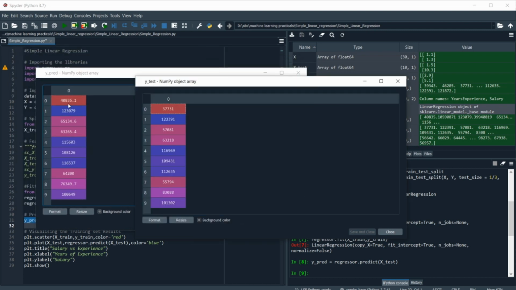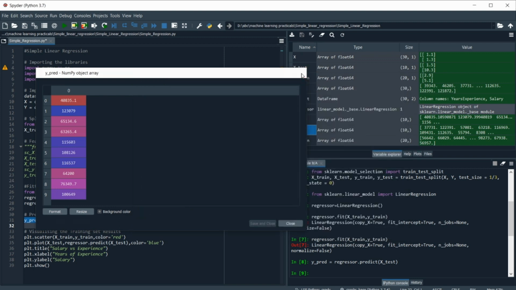Now as you can see here, our model predicted around 40,000 and the actual salary is around 37,000. So it's quite a good prediction. For the second one, our model predicted around 1,23,000 and the actual value is around 1,22,000. So it's quite a great prediction also. But sometimes it doesn't make great predictions, such as here, where it predicted a salary of around 65,000, but the actual value is around 57,000. So it's not quite great, and the main reason is we used a small amount of data for fitting our regressor model.